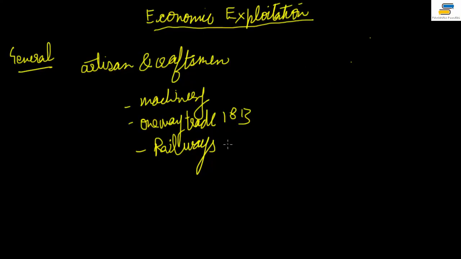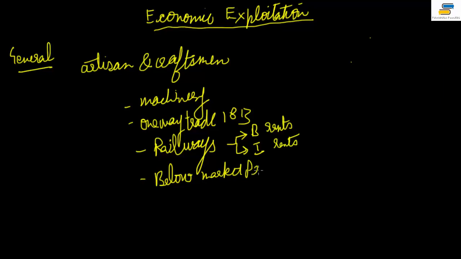But when railways were introduced, there were two kinds of rates on it. If you wanted to transport goods in the trains, one rate was for Britishers and one was for Indians. Now imagine, obviously for Indians this would be a very costly proposition. Then Indians were forced to sell their goods below market price, सस्ते में बेचने पे मजबूर किया जाता था उन्हें।